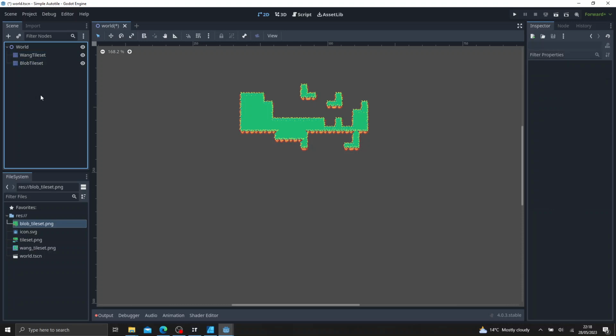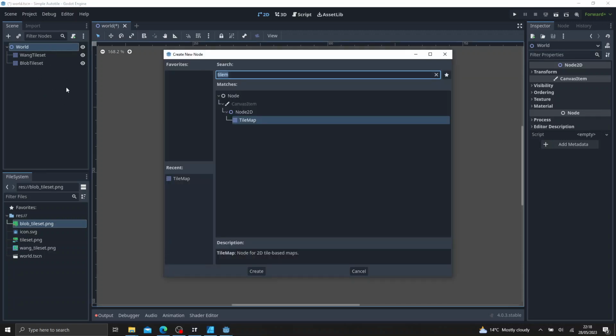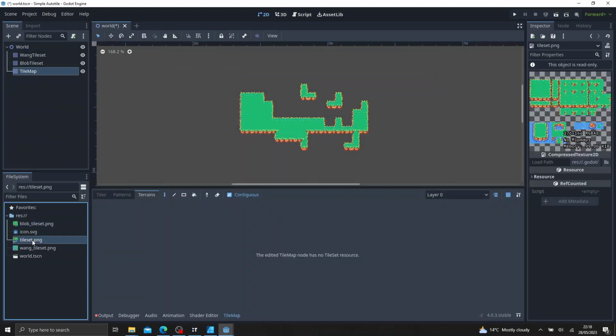You can have everything in one tile map, so you don't actually need to have two different tile maps. Let's go ahead and create a new tile map, and this will have everything in it. So we could either use a tile set like this, or we could actually put multiple tile sets in one tile map. So before we do that one, let's just go ahead and click tile map,